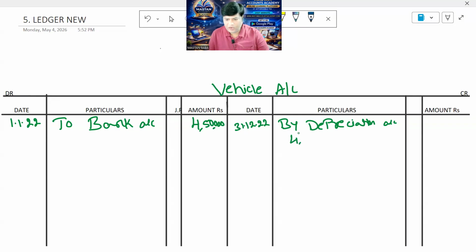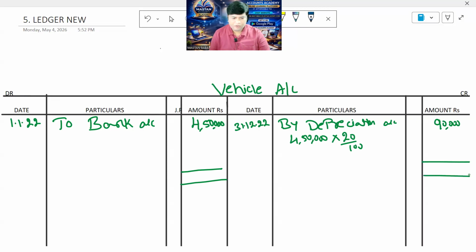So on 4,50,000, calculate 20%. So you'll get 90,000 rupees. Let's balance the asset. 4,50,000 on both sides. 4,50,000 minus 90,000, balance the asset. By balance carried down, it comes to